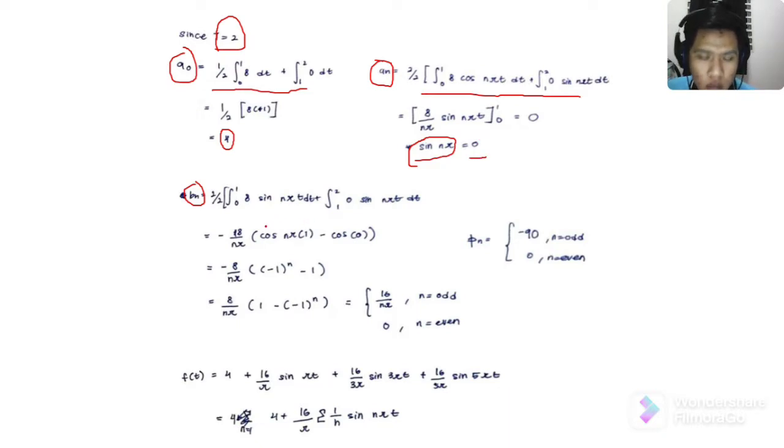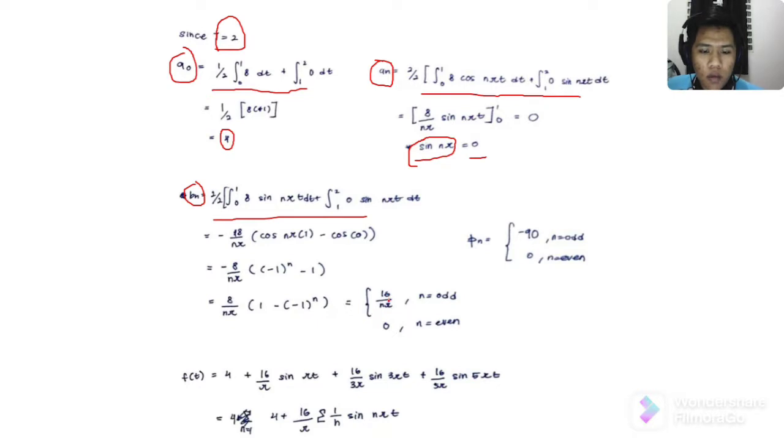Next, for the coefficient of Bn, the formula given is Bn equals 2 over T, integral from 0 to T, function of T sin n omega naught T dt. So we substitute the T value and then we will get the value for Bn is 8 over n pi,